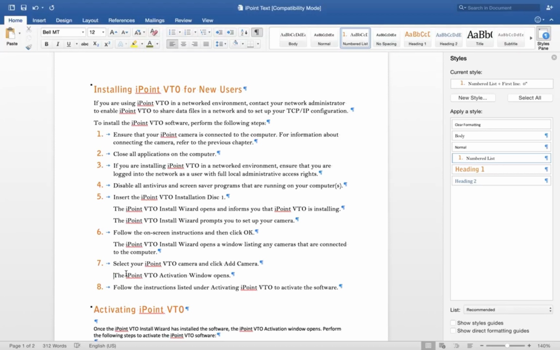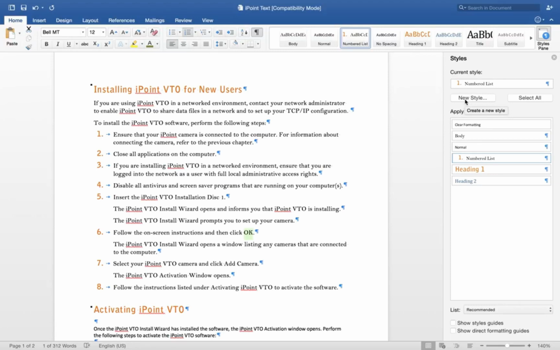The last thing I want to show you is character styles. We had a couple of bold-faced texts. It looks like the author wants to make anything that the user clicks on bold, which makes it easier to find in the text. So what we need to do is rather than coming up here and clicking bold and creating a new style, we don't want to do that.